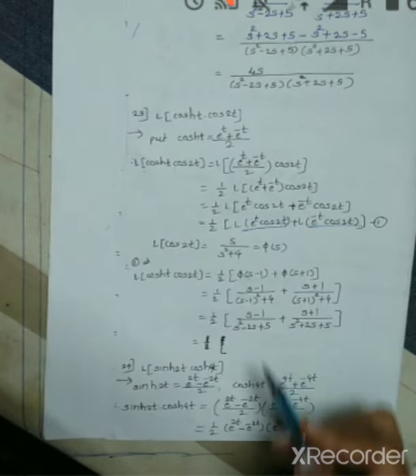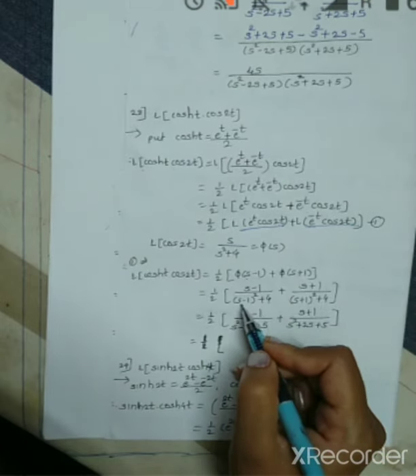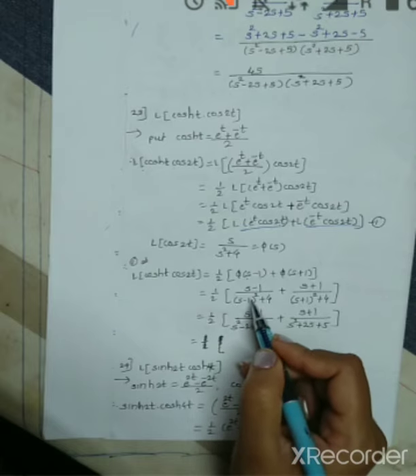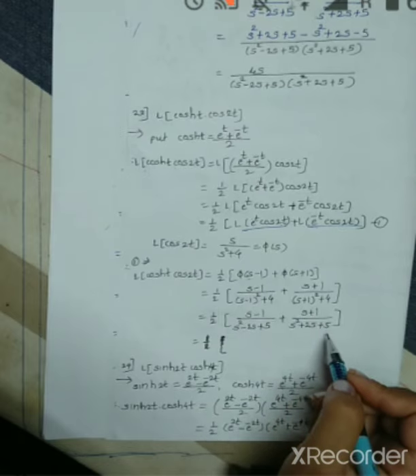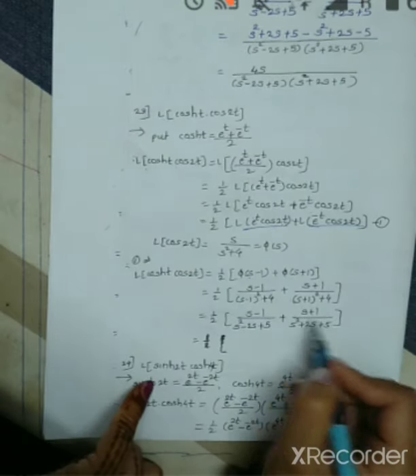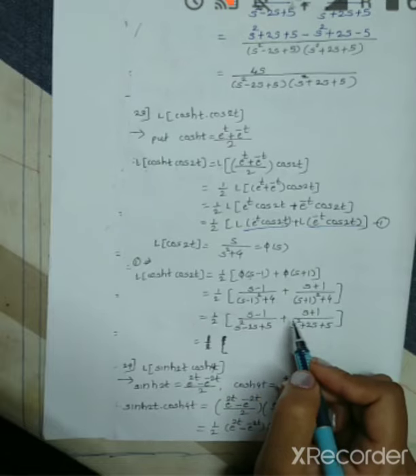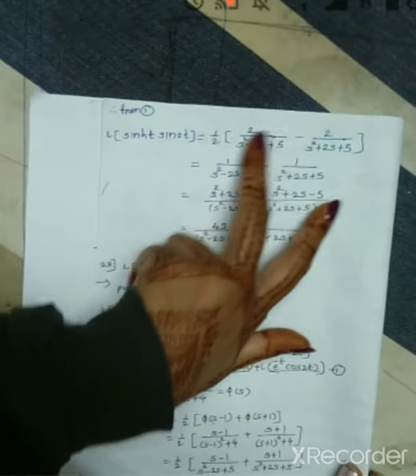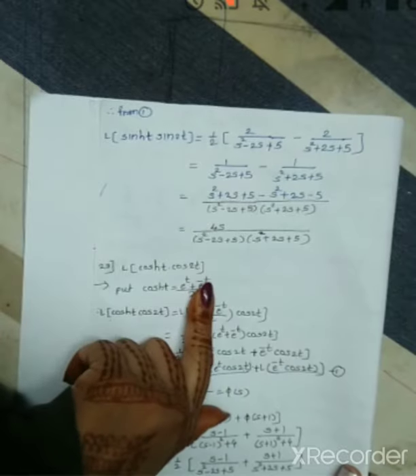Now just simplify. Simplify the denominator only: s square minus 2s plus 1 plus 4, that is plus 5, and s square plus 2s plus 1 plus 4, that is plus 5. In this case the numerator has more than one term, two terms are there, so don't simplify it, just keep it as it is. In the earlier example there was only a constant or single term, so we had to solve that.